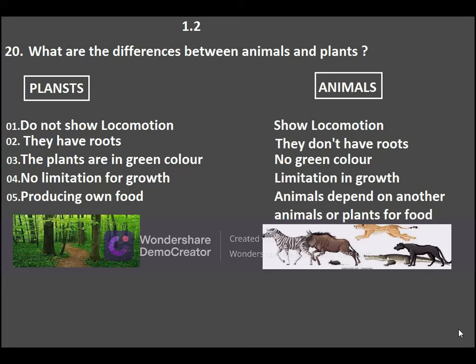Plants are green in color. Animals have no green color. Plants have no limitation for growth. Animals have limitation in growth. Plants produce their own food. Animals depend on other animals or plants for food.